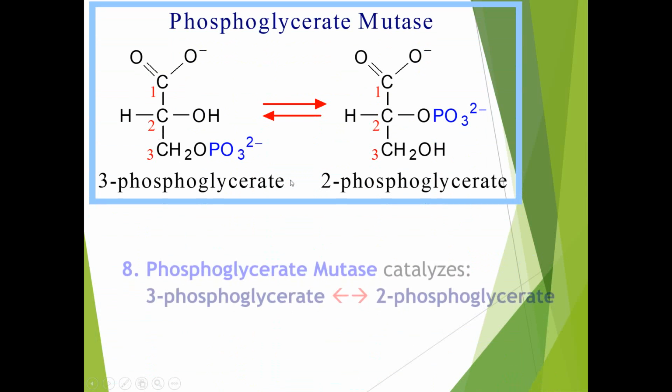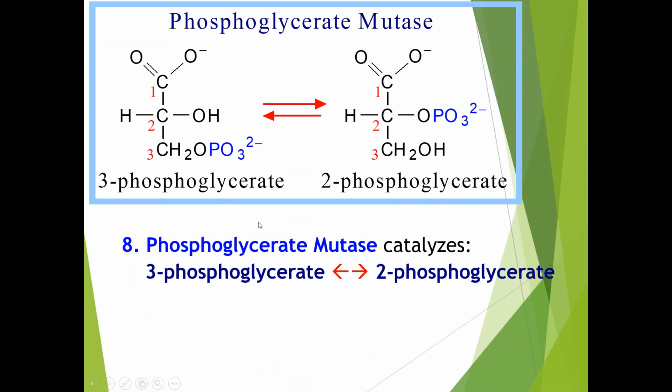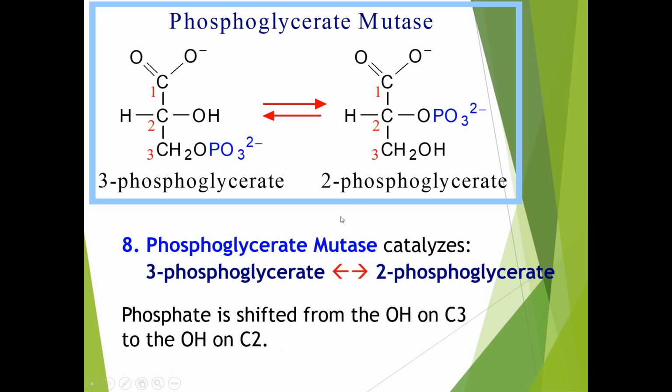Next we will proceed towards the next step in which 3-phosphoglycerate gets converted into the 2-phosphoglycerate molecule. For this conversion, the phosphoglycerate mutase enzyme is essential. So simply a mutation reaction takes place: the phosphorus group moves from the 3rd carbon to the 2nd carbon. This phosphorus group gets attached to the 2nd carbon and there is formation of 2-phosphoglycerate.